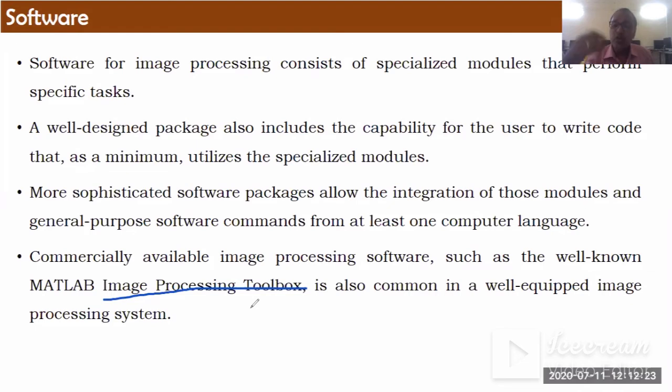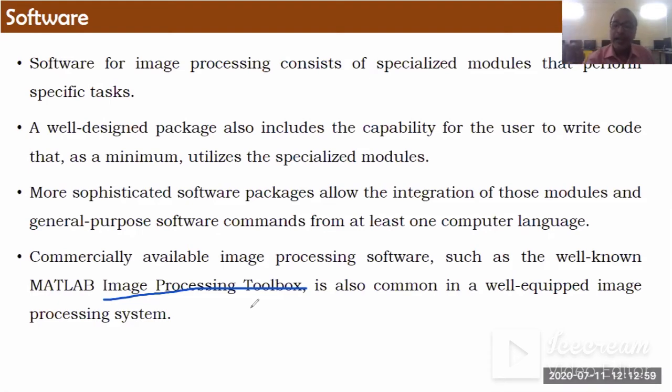By using Java, you can do the image processing task. But MATLAB is popular because it has some inbuilt functionality, so it is very easy for the user to perform different types of applications. Suppose you want to convert an RGB image to a grayscale image, so you require some mathematical calculation. In our lectures we showed the formula for how to convert RGB to grayscale, so we have already studied this formula. Okay, so by using that formula we need to convert the RGB to grayscale.